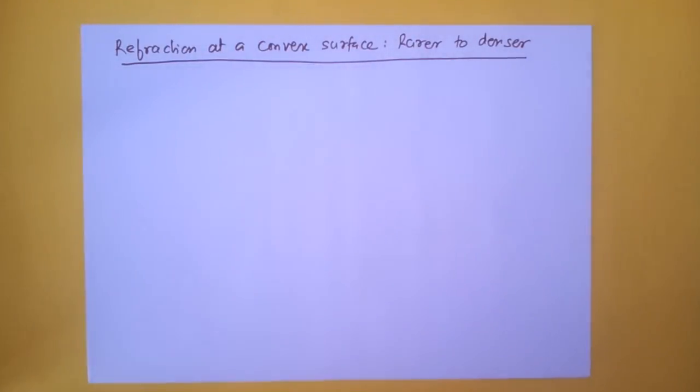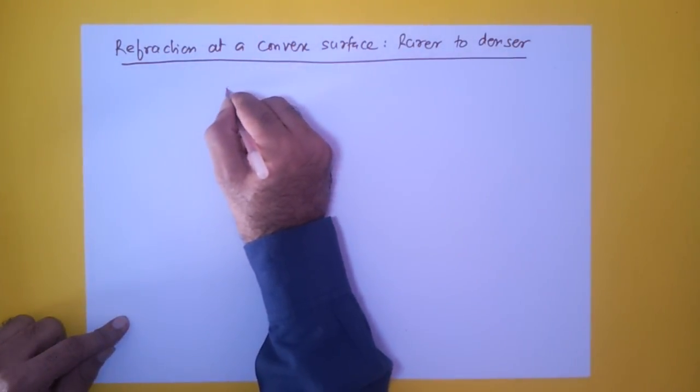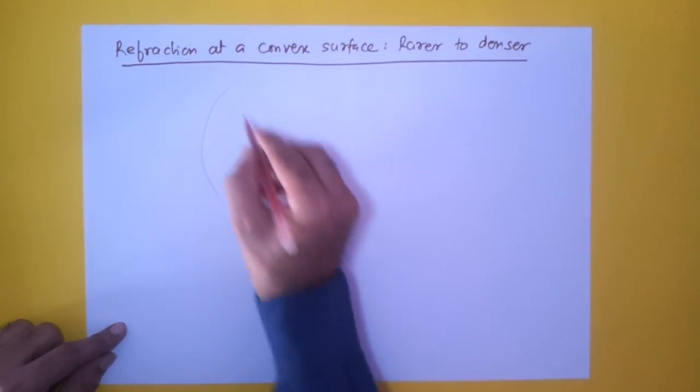Okay, the topic of this video is refraction at a convex surface, and we'll look at a case of when a ray of light is traveling from a rarer medium to a denser medium. That means the ray is traveling from probably air onto the convex surface. So before I share with you the objective of this video, let me first draw a convex surface, and let us say this is the convex surface that we are looking at,